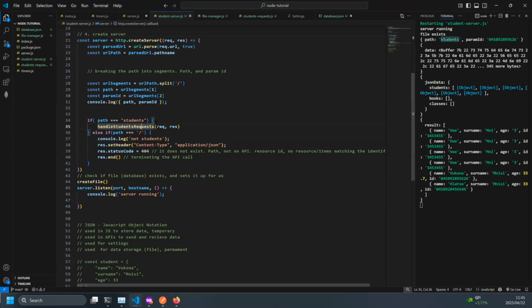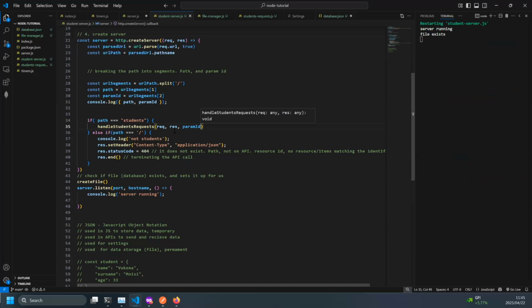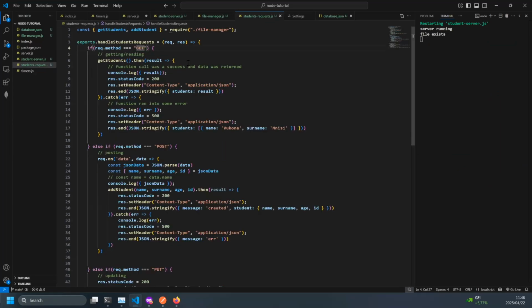Why am I doing this? Because handle students is that, but if we have the param ID, we want to send it forward. Yeah, we want to send it forward to come this side. That means we now are also going to be receiving the param ID. So in this case,